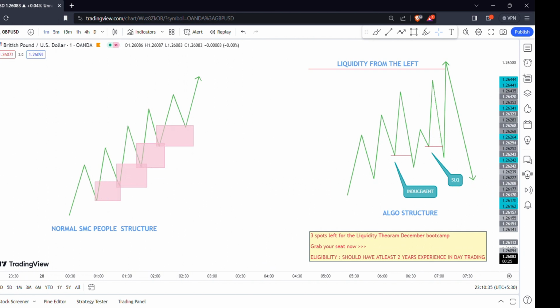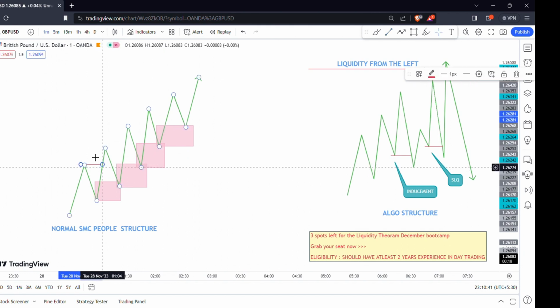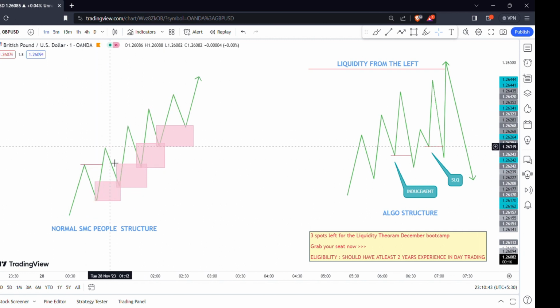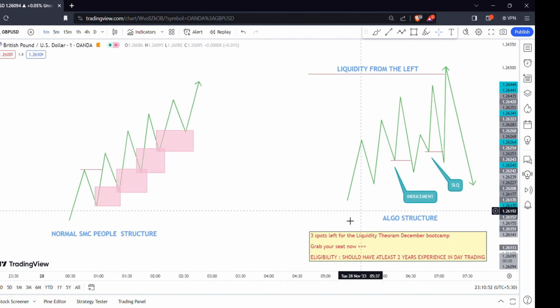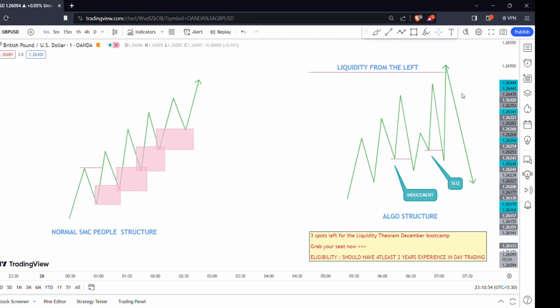So how the smart money people understand the direction is they understand the direction by the break of the structures. If it breaks the structure, they will buy. It's completely bullshit. Why should it go up if it broke here? It's nonsense. So coming to the left, this is how the top 0.1% professional Gs will trade the markets like me. And if you watch the video till the end, you will also become a G.